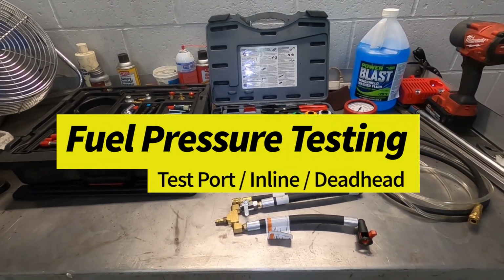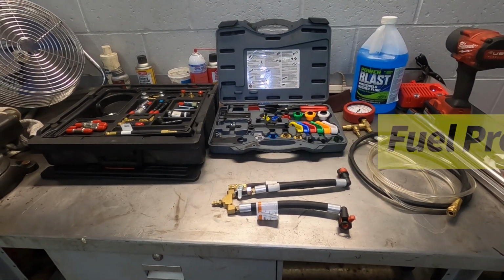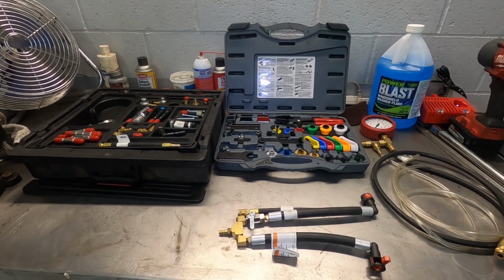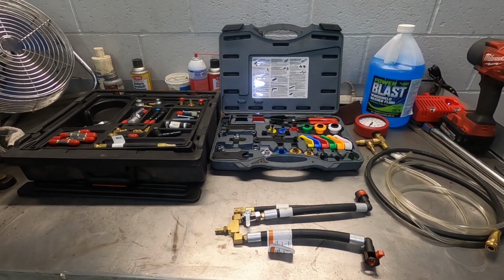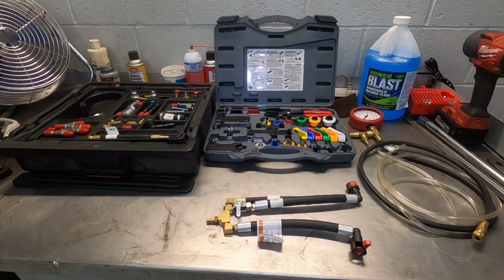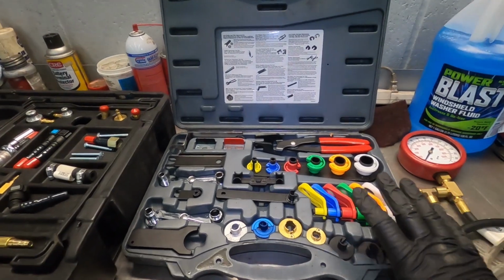Hey guys, welcome back. Today we're going to learn how to use a fuel pressure test gauge. The vehicle that we're going to be using today is a 1999 Jeep Cherokee. This is just a good overall vehicle to be able to show you guys how to do a fuel pressure test on. So what we're going to start off with is we're going to need a fuel line disconnect tool